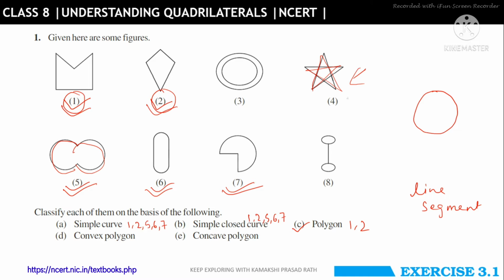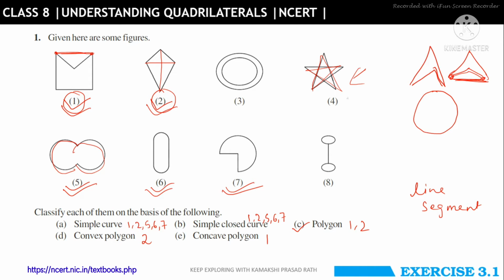The next one is convex polygon and concave polygon. Convex polygon, so we know what is a convex polygon. A polygon in which the diagonals lie inside the figure. So figure 2 you can see here, the diagonals lie inside the figure. So this will be a convex polygon. And concave, where any one of the diagonals lies outside. You can see here I am just joining the opposite points and the diagonal comes outside the polygon. So that is a concave polygon.